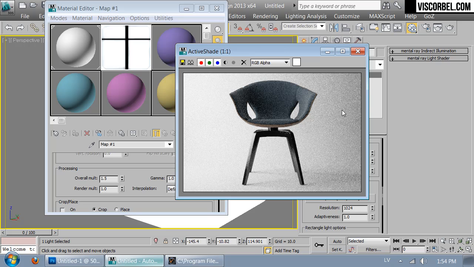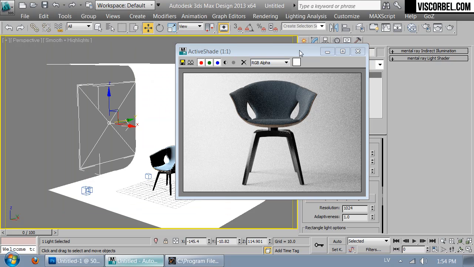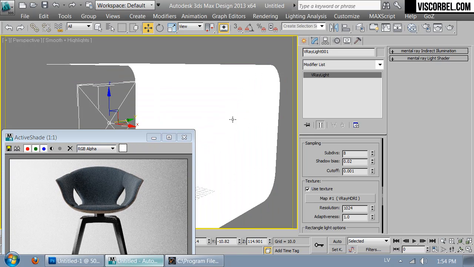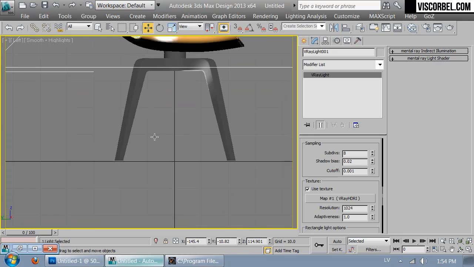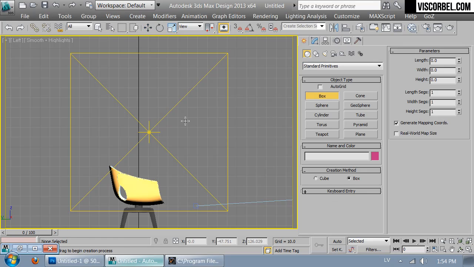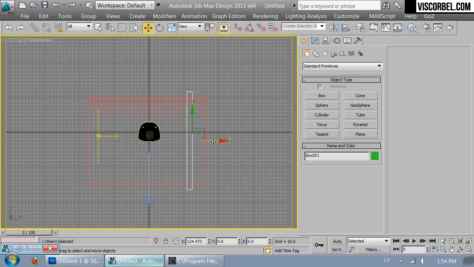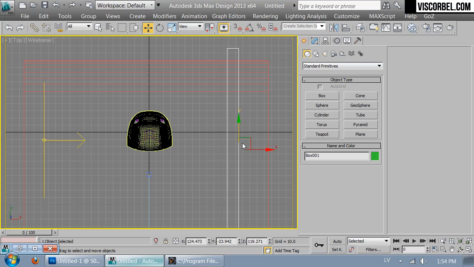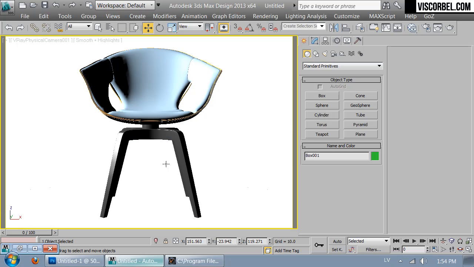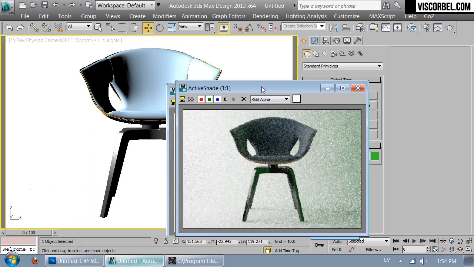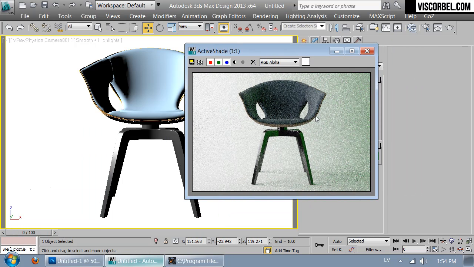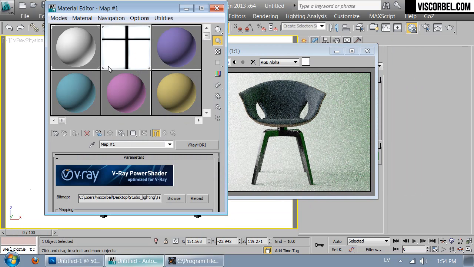Now I also want to add a reflector on the right side. Just to show you the difference. How it looks with the reflector and without one. So we'll create a large box, move it to the right. And you can see it reflecting its own color. For example, if we set it to white,